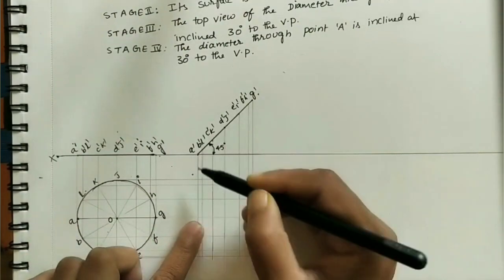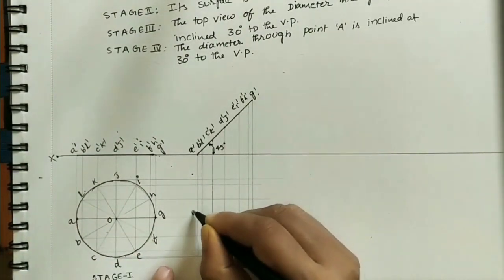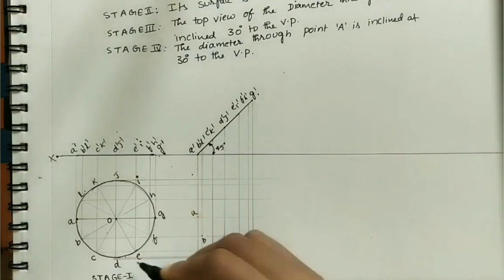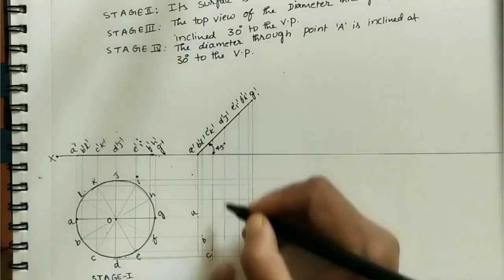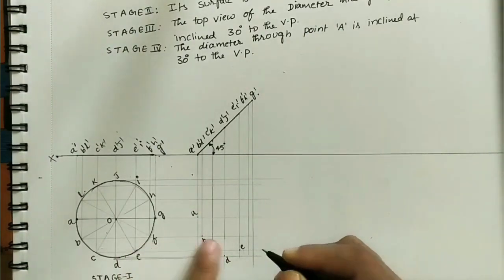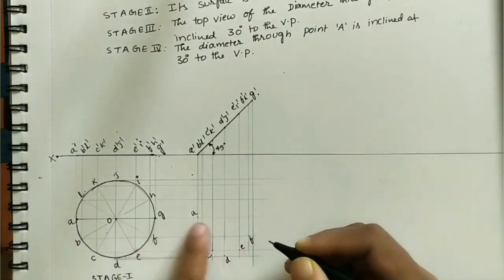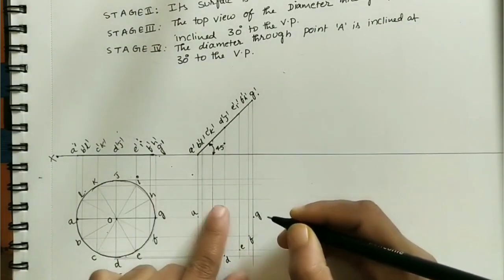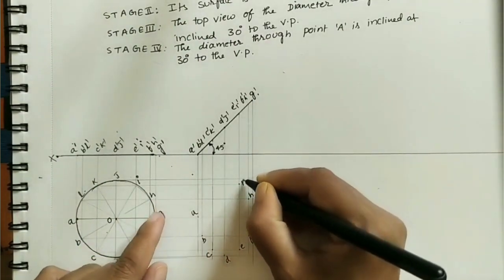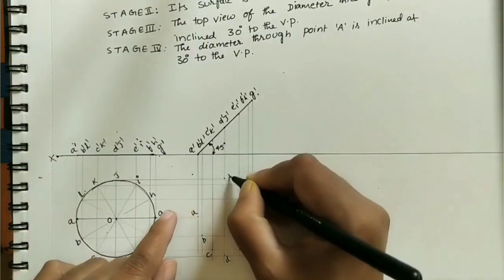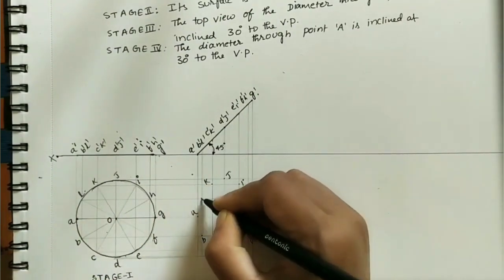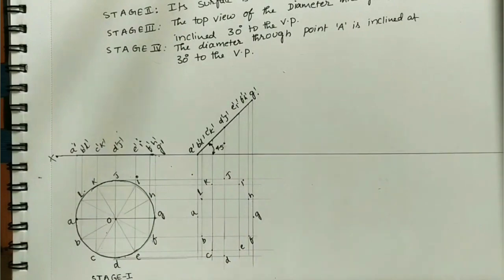A vertical line, A horizontal line. Take this as A point. B horizontal line, B vertical line, this is B. Similarly, C vertical, C horizontal, C here, D horizontal, D vertical. Take D point, E horizontal, E vertical. Take E point, F horizontal, F vertical. Take F point, G horizontal, G vertical. Take G point, H horizontal, H vertical. Take H, I horizontal, I vertical. This is the I point. J horizontal, J vertical. Take this as J point. K horizontal, K vertical. K point. L horizontal, L vertical. Take L point. Join all these points for getting the top view.